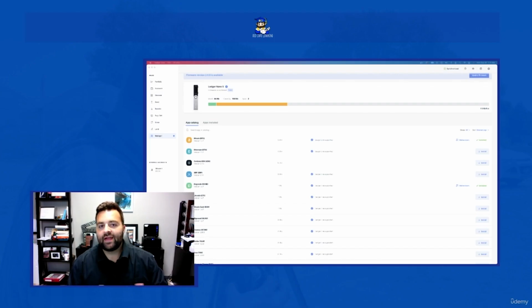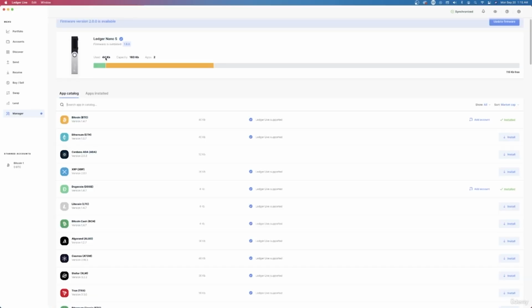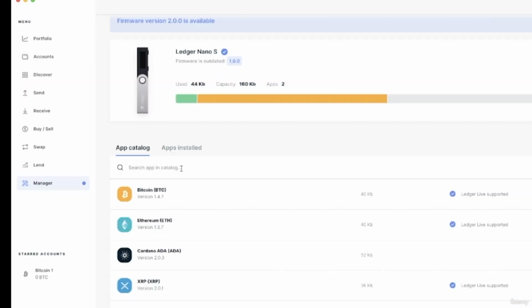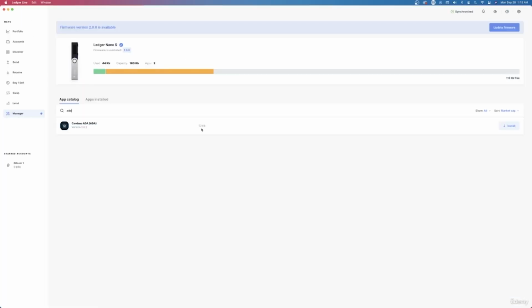So the only real downside to the Ledger S is that you can only have a couple of apps installed at the same time. If we look here, our capacity is 160 KB, and we are already at 44. So we should be able to install Cardano. Here you will type in Cardano or just look in the list. So 52 and 44, we have more than enough room. We could probably put up to 4